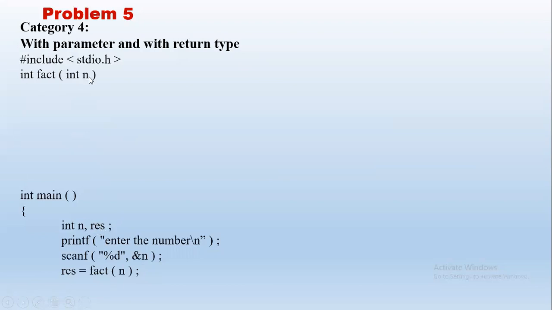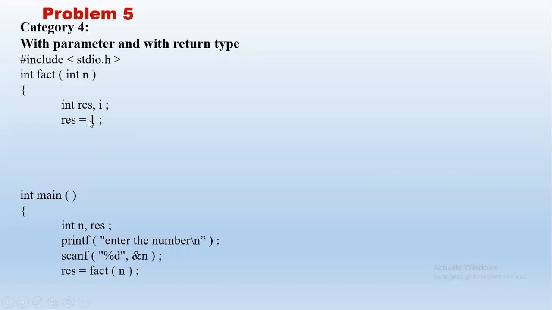Let us see the execution. Say we give 6 here. We have to find the factorial of 6. So that is stored to n. So 6 is copied to n. Now the n value here, as the formal parameter, is also 6. We will calculate this. Result and i are local variables for this. Now note this result is different from this result. This may be stored at some address like 100. This result may be stored at address 200, right? So this is a local variable.